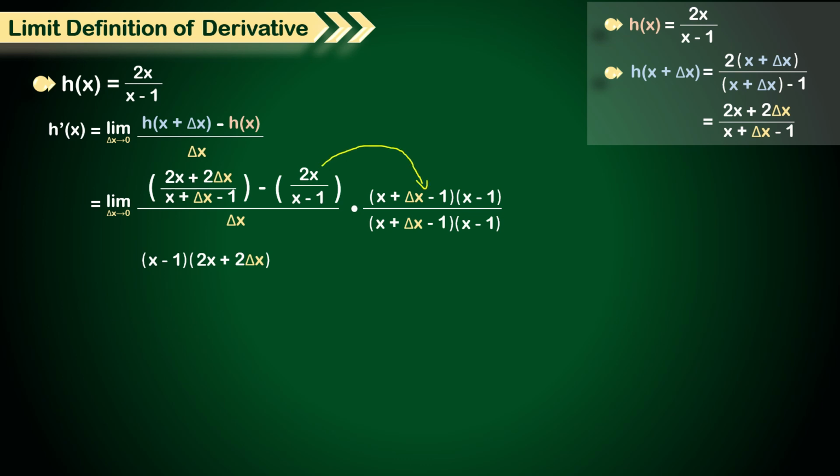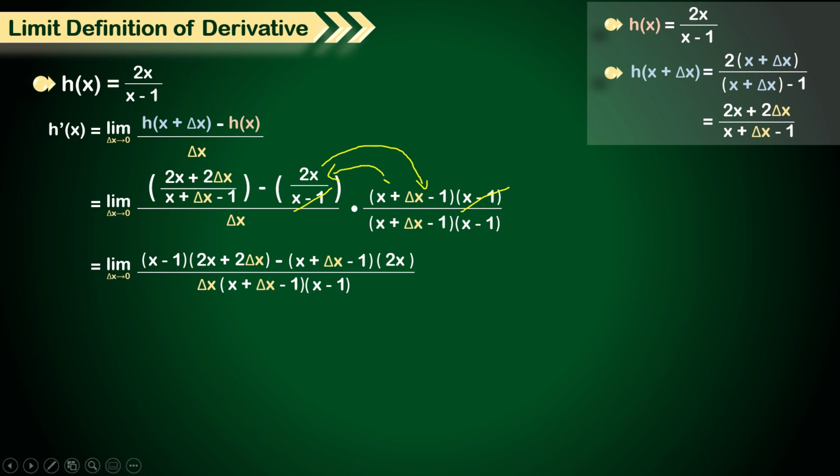The factor of x - 1 is eliminated, and multiply the remaining factor, which is x + Δx - 1, to the numerator of the second term, which is 2x. In the denominator, get the product of the denominator, which is Δx, and the LCD. At this point, focus on the numerator. Get the product of x - 1 and 2x + 2Δx, which is 2x squared +